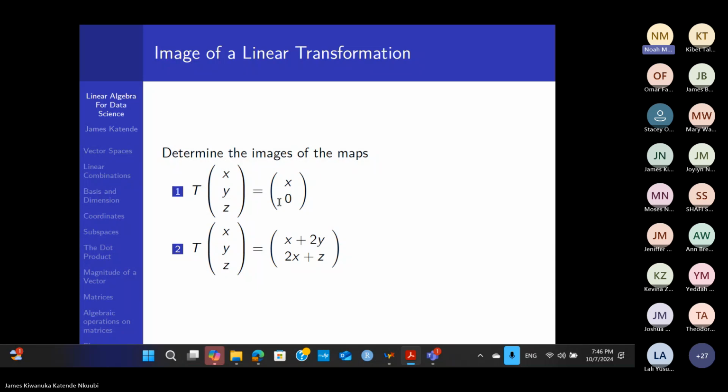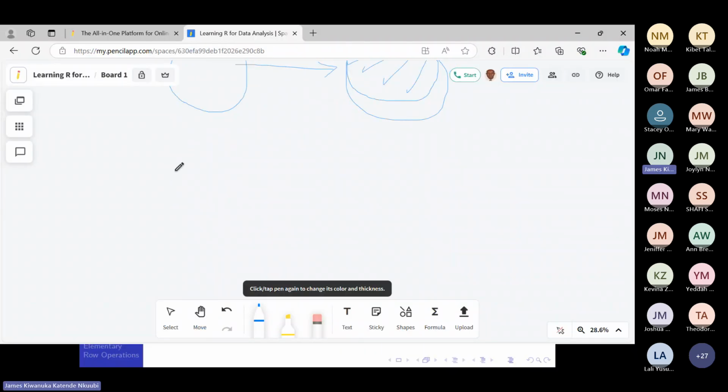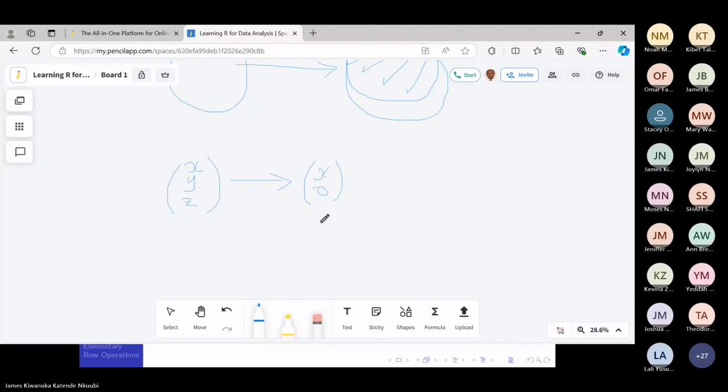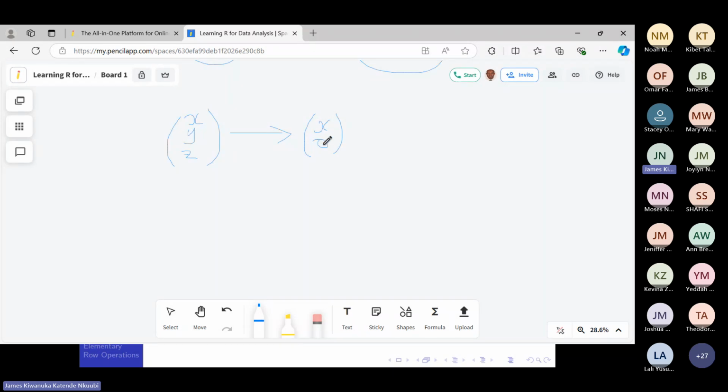We are done, but unsure of our answers. Doubting. Okay, we can go over the answer. So the first one, what it does, it picks a vector from R3 and sends it to a vector in R2, x0. So your image is a vector in R2. So image will simply be all vectors that look like this, where x is a real number and the second component is 0. So you can write all of them as a multiple of the vector 1, 0. If you call this map T,